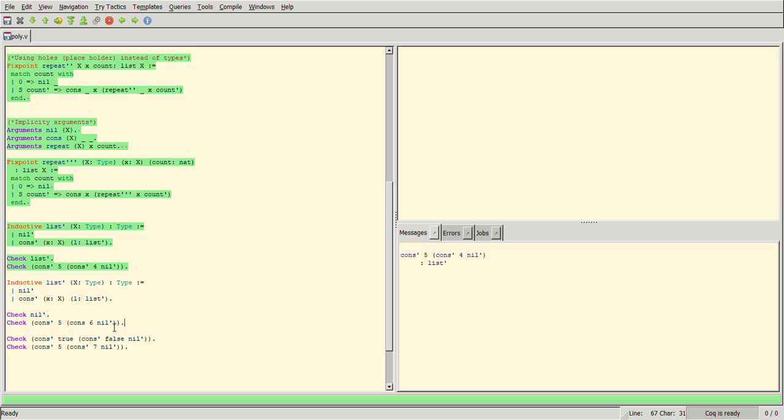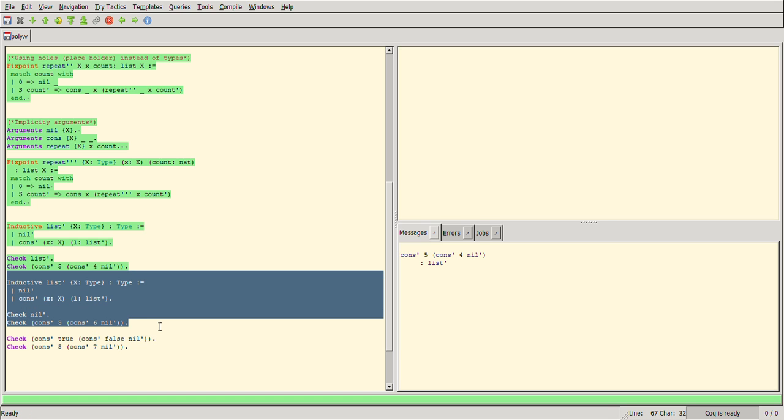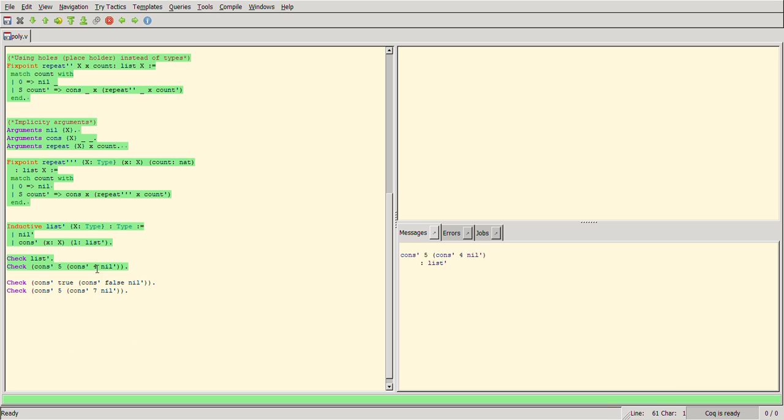And why was this giving an error? Sorry, we didn't have the prime, so that was a typo. Okay, so this is the same definition where x is an implicit argument, and when we define list prime, it is accepted, and we can check these constructors where the values